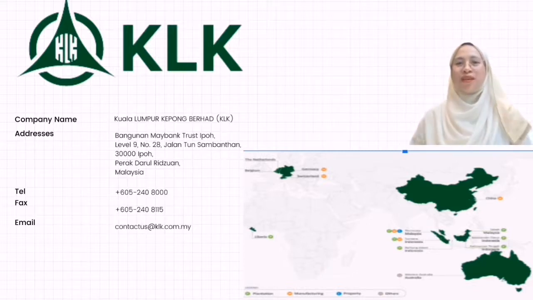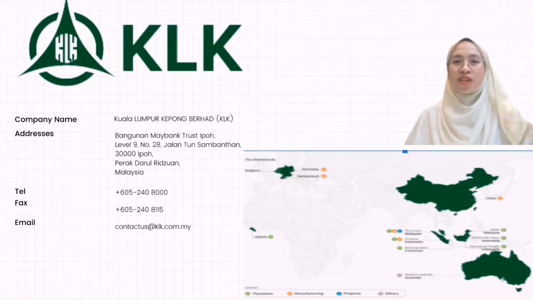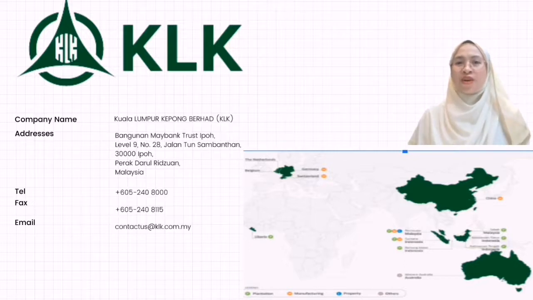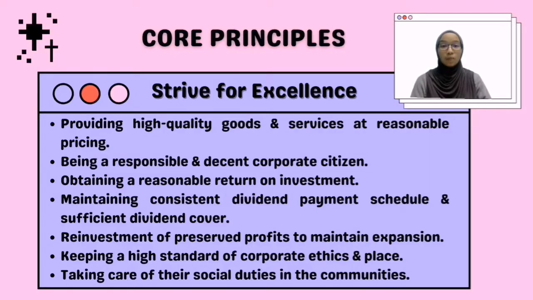The KLK Group was able to expand its construction activities in Asia, including the Republic of China, Switzerland, Germany, the Netherlands, Belgium, and Indonesia, culminating in international scale oleochemicals operations, taking advantage of its land banks and favorable locations in Peninsular Malaysia. The group entered the property market in the 1990s. Since the turn of the century, the KLK organization has been in a vigorous consolidation mood, laying the groundwork for a long-term hold. The core principle of KLK is about striving for excellence.